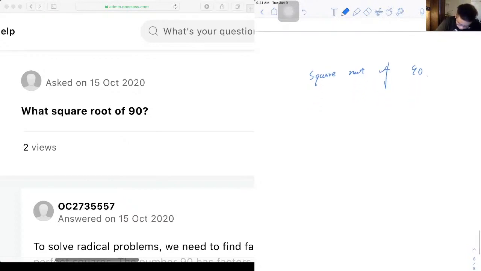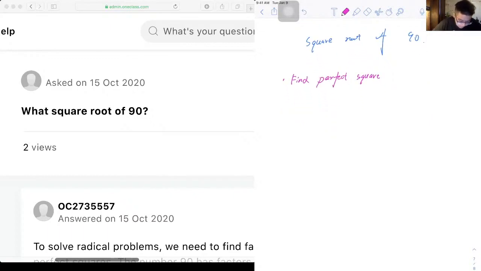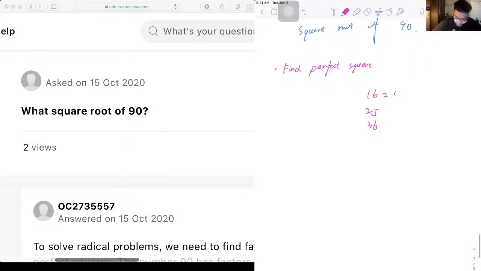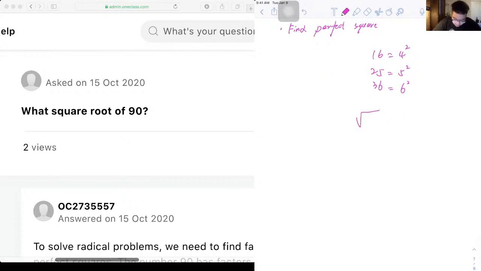So our first step, we find perfect squares. Perfect squares are numbers like 16, 25, 36, because 16 is equal to 4 squared, 25 is equal to 5 squared, 36 is equal to 6 squared. And the reason why we're finding perfect squares is that if we want to take the square root